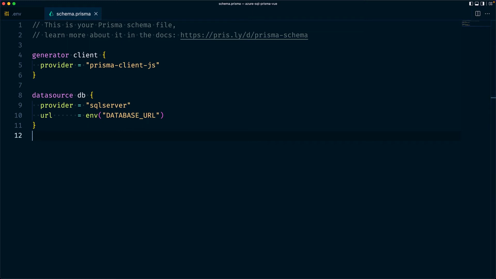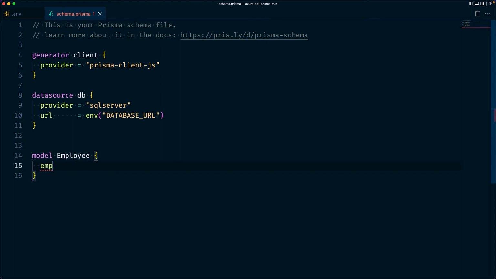So as I mentioned before, a table is represented in the Prisma schema using a model. So start by defining a model called employee. Now, inside the model, we're going to define fields which have a name, a type, and an optional attribute or attribute function. Attributes and attribute functions modify the behavior of a field or a block. Now, don't worry, we'll take a look at them in just a moment.